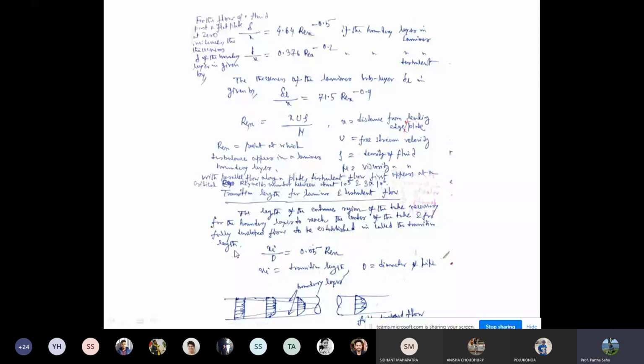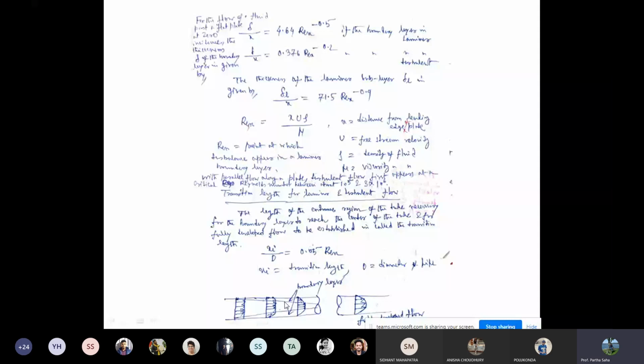So what it actually says is that if a fluid is flowing through a tube, you can see this line, this is actually the boundary layer. What does the boundary layer mean? That means the velocity is changing. And beyond the boundary layer, I'm just pointing my finger, is the invisible region where the free stream velocity has already been developed. As the fluid comes in contact with the wall, the fluid gets squeezed. There is a resistance offered at the wall, so the velocity gradually decreases. You can see this is my boundary layer, and then it converges to a point.